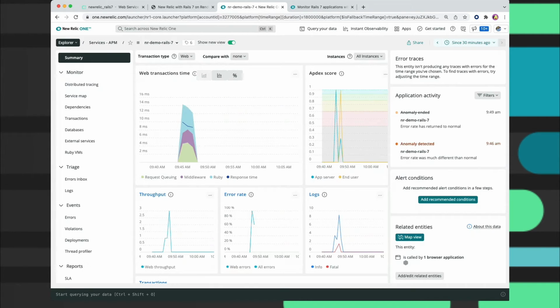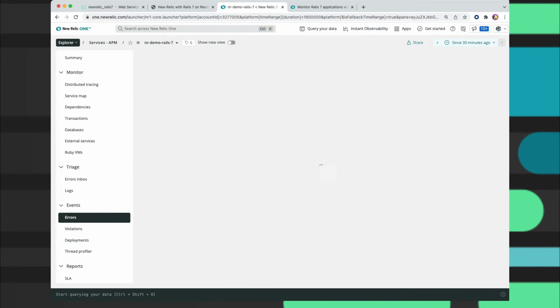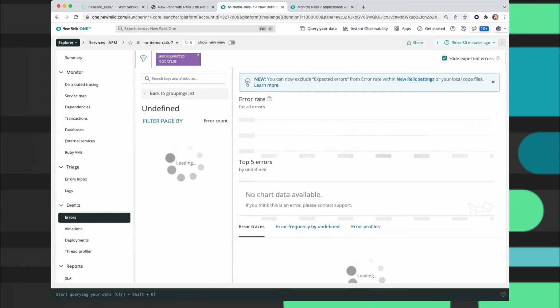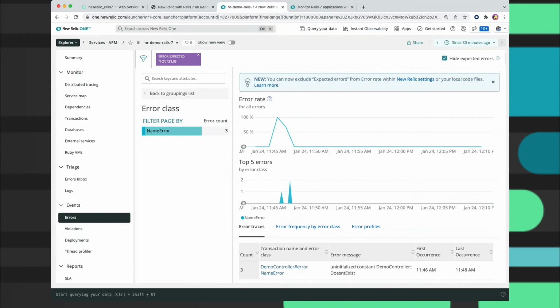For our purposes, what we're particularly interested in is this error rate over here. And what we're also really interested in is coming down and looking at the errors that we can find right over here. And we can also navigate to it over in our errors inbox. So let's go ahead and click on one of those. And we're gonna click on the events, under the events sidebar navigation to the errors. When we click there, we get a new view, which helps us diagnose quickly what is going on with our